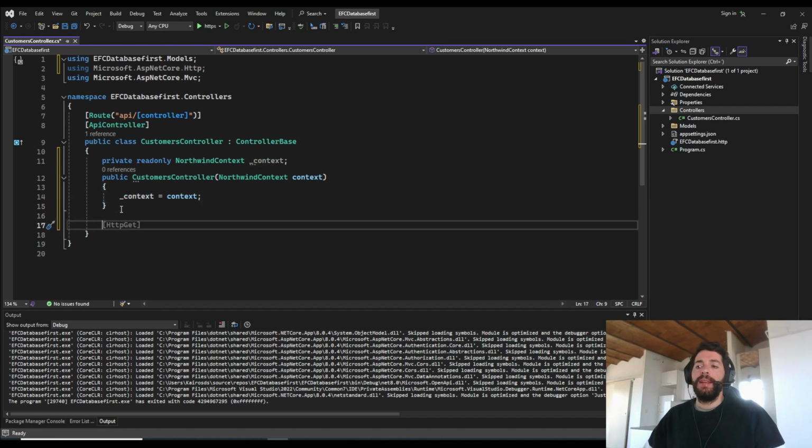Okay, this controller is going to have only one endpoint, and the endpoint is going to be of type get. You need to put here that the